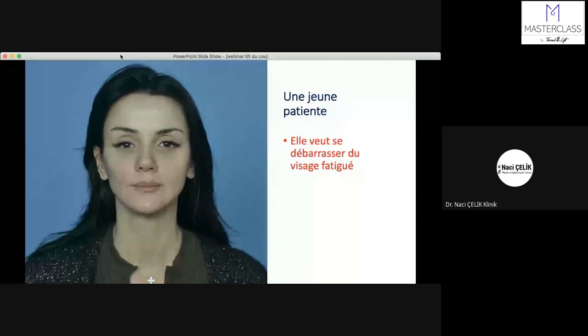And I believe that sometimes linear threading is better than the V technique, because you can use linear technique in any part, and the direction of the threads can be adjusted according to the patient's need. But V technique is more straightforward. It's mostly for the mid face, and for the mid face, I can use V shape more, I guess, but I use both techniques. Okay, thank you for your explanation. Okay,